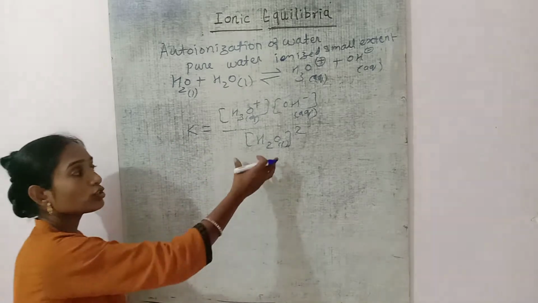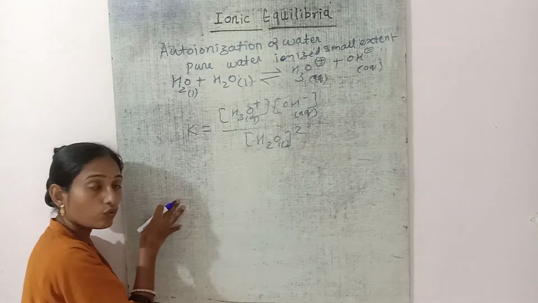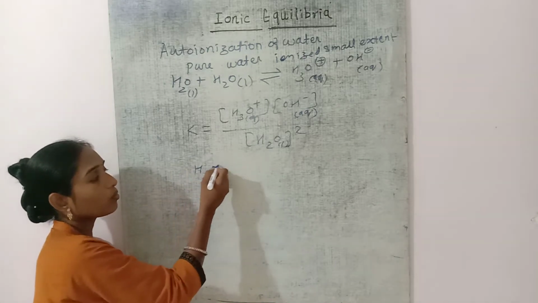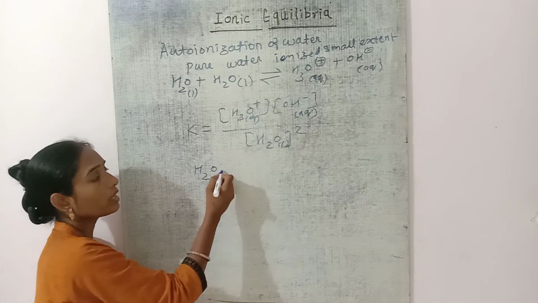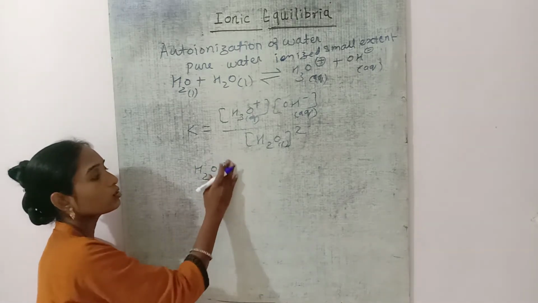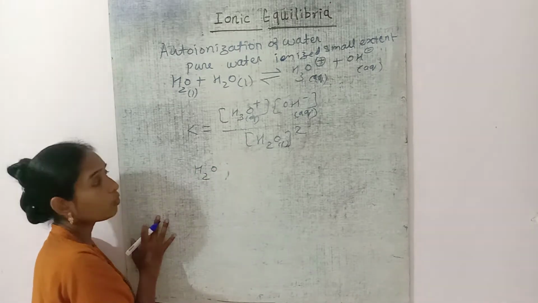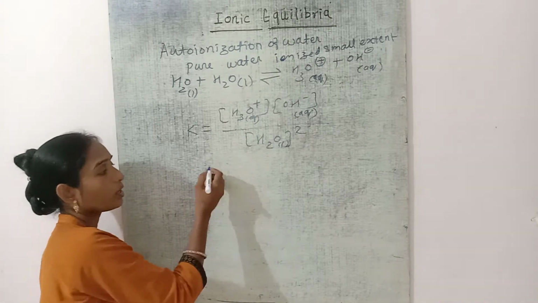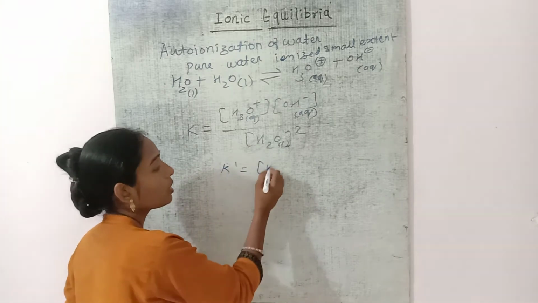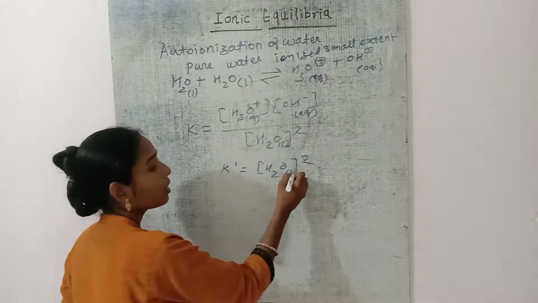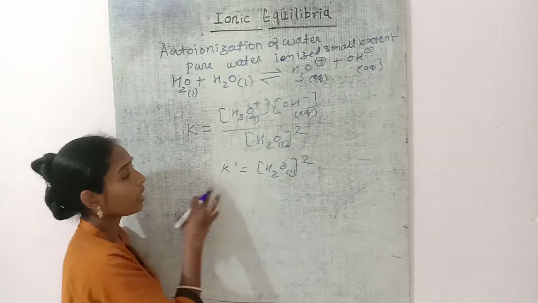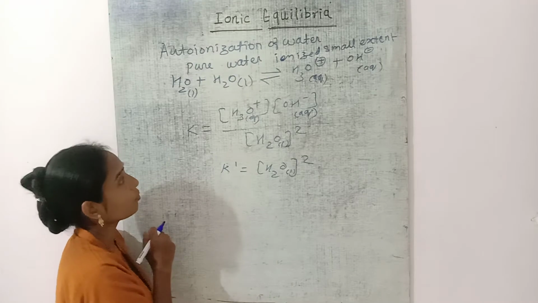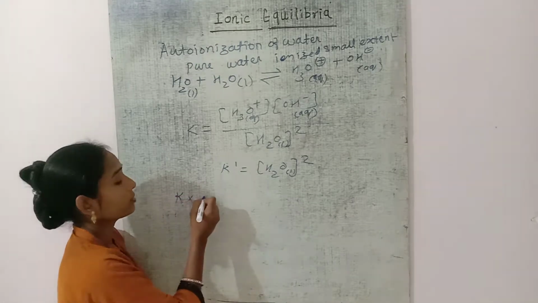Here the concentration of unionized, undissociated water molecules is high, so you can put a constant K dash for this concentration of undissociated molecules. So you get,